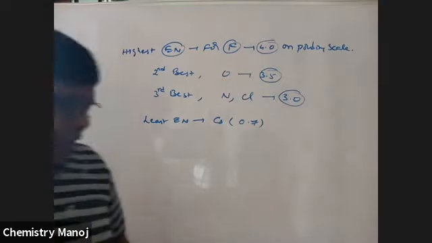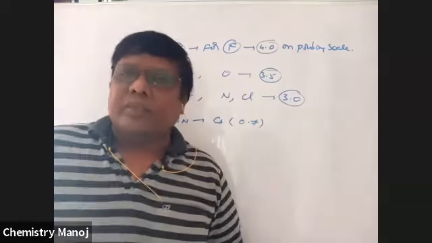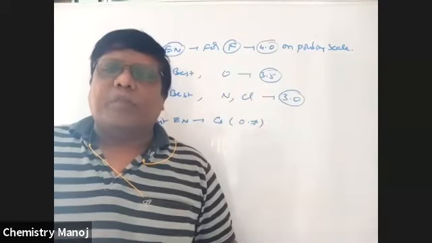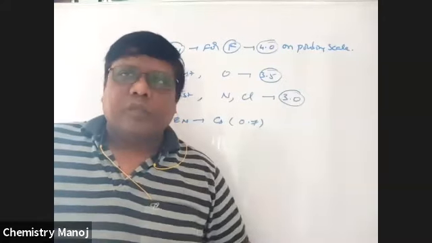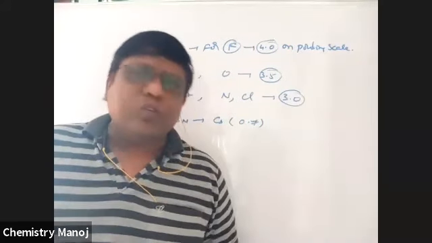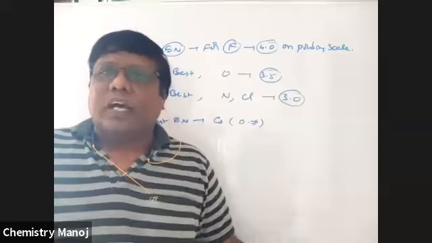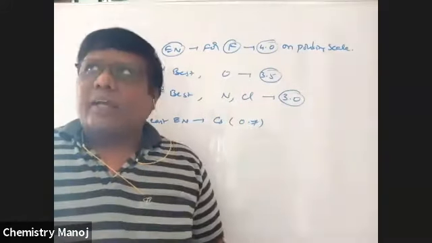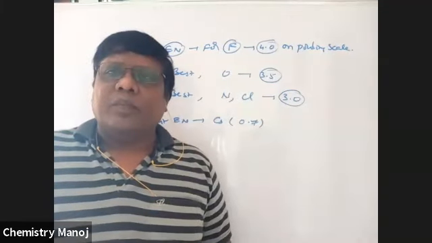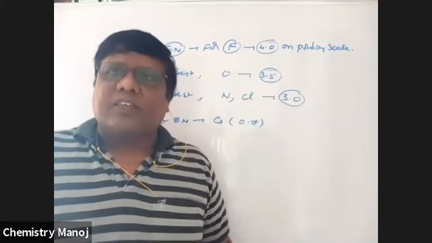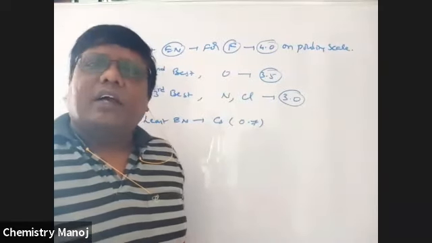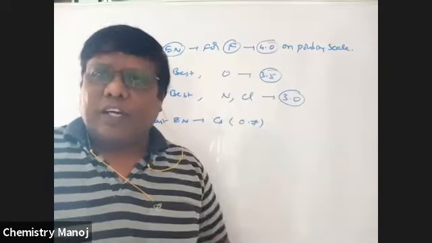Now, these electronegativities are influenced by some other factors. So what are those factors? Carbon is 2.4, sorry, not 2.1; 2.1 is for hydrogen, 2.4 for carbon. Now, what are the factors which are influencing this? And what are the applications of this? Now, one more scale is there. After completion of that scale, I'm going to conclude this. Tomorrow I will continue the topic.